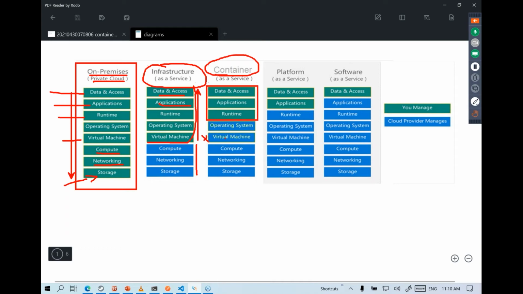Like you do not need to have any virtual machine created. You do not need to allocate resources, like I need to have 4 GB of RAM, 2 CPUs allocated to a virtual machine. You're not even responsible for managing or securing any operating system. So even the OS will no longer be your concern.